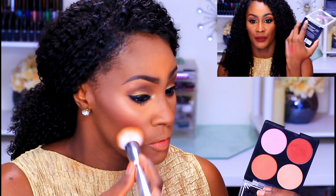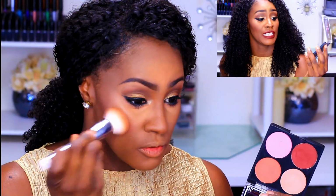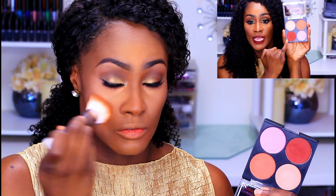What I will say about them is that they are super buttery, but at the same time a little on a powdery, chalky side. Okay, so this is just a few swatches from this palette. It's a very pretty palette. It's something that will definitely get you from day to night, that's for sure, if you wanted to do day into night. Now this highlight is just okay, but the one that I really enjoy comes from the